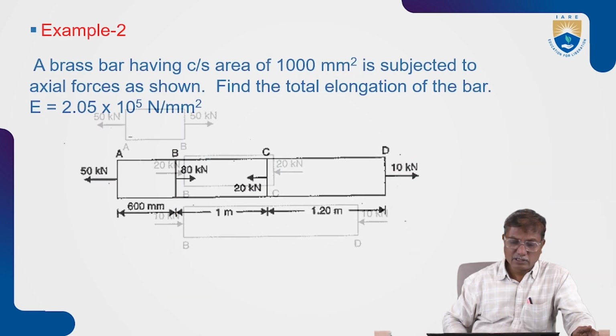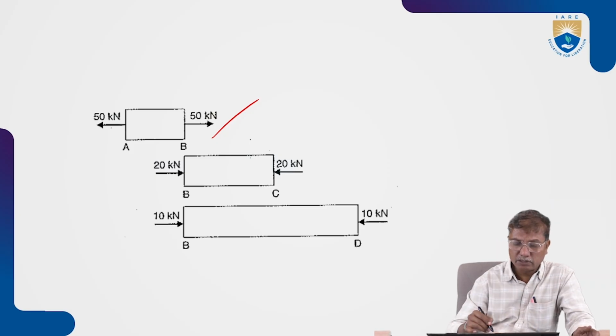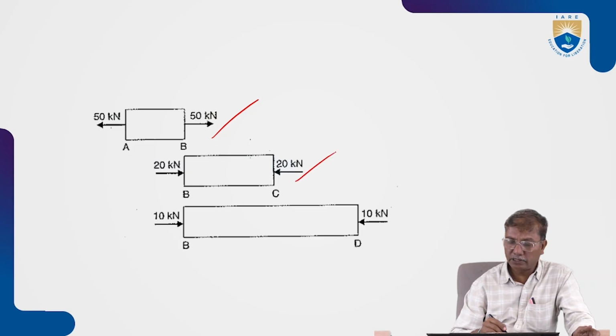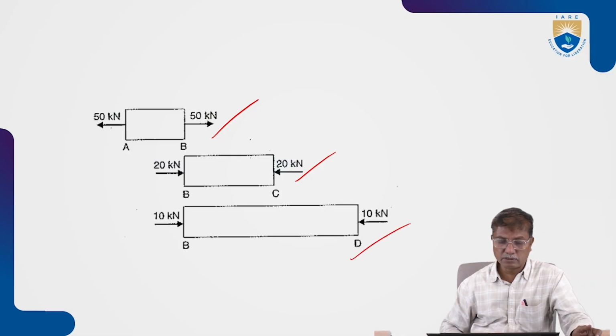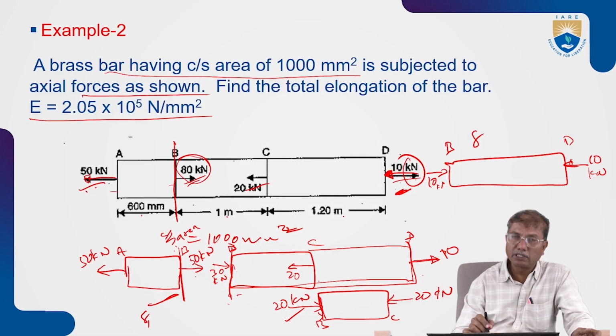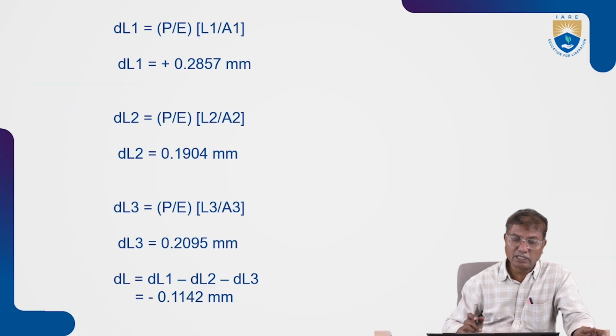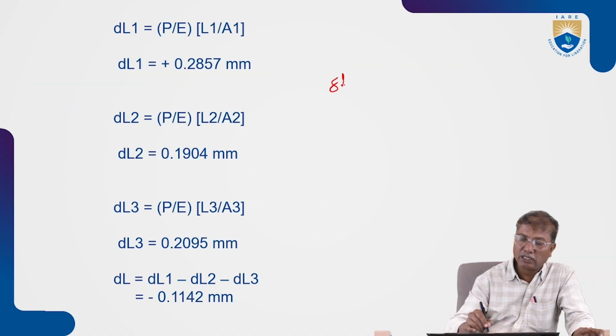Okay, so let us see now, as we have seen, AB is subjected to 50 kilonewtons tension, BC subjected to 20 compression and BD to 10 kilonewtons compression. Lengths are known. The lengths are 600 mm, 1 meter and 1.2 meter. So area is known, Young's modulus is given. So we can find elongation delta L1 here, DL1. DL1 is